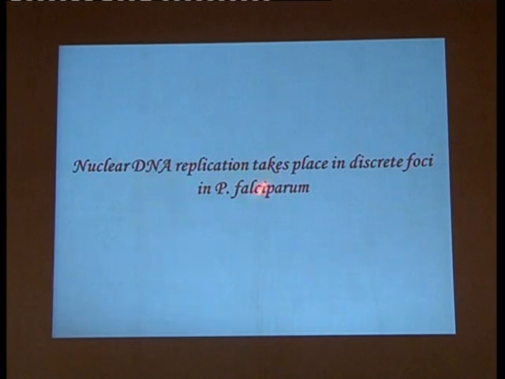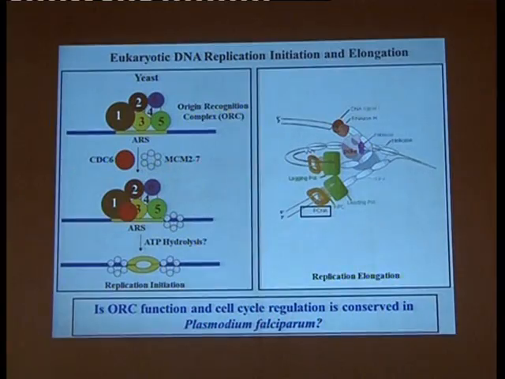Now, I talked about nuclear DNA replication. So how does nuclear DNA replication take place in the parasites? DNA replication, if you look at yeast, is initiated by a 6-protein complex called the origin recognition complex, which binds to ARS consensus sequences in a sequence-specific manner, which then loads this MCM2 to 7 helicase. Of course, you have to unwind the two DNA strands, which then